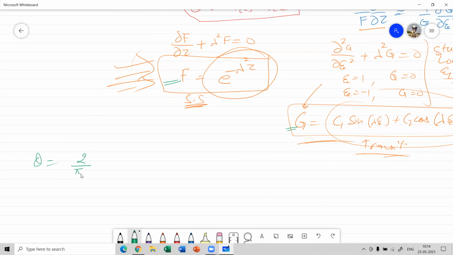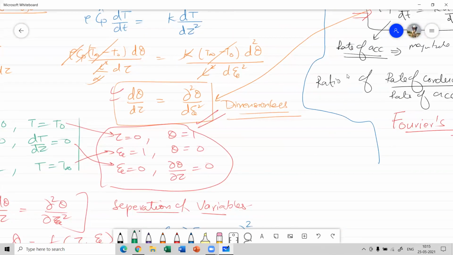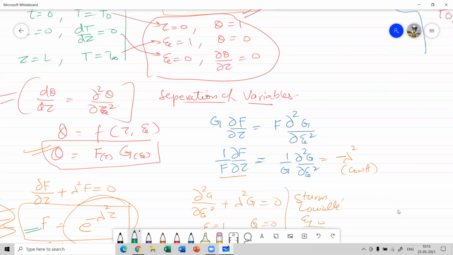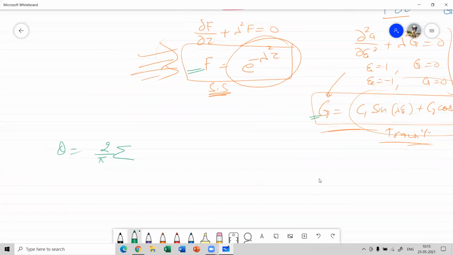You don't need to remember this expression, but I'm giving you the final expression because you're not dealing with the transient part over here. I'm just giving you the idea how the transient part is solved when such a situation arises. But in the exam, we are not going to get the transient part. In the exam, what you will get is how to convert your dimensional equation into a dimensionless term. That can be asked in the exam, but you don't need to solve this equation. So I'm giving you the final solution.